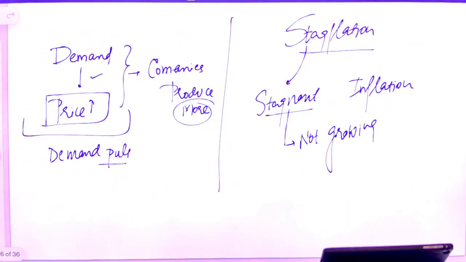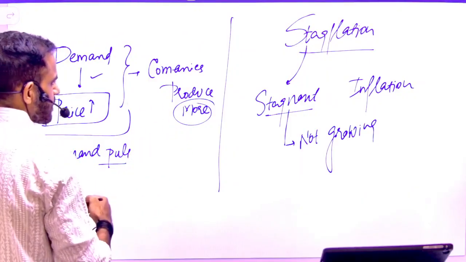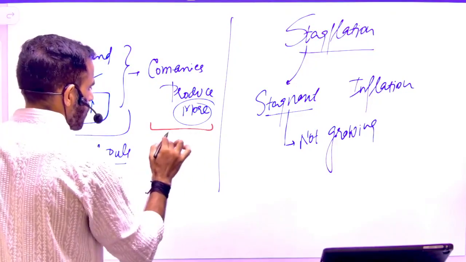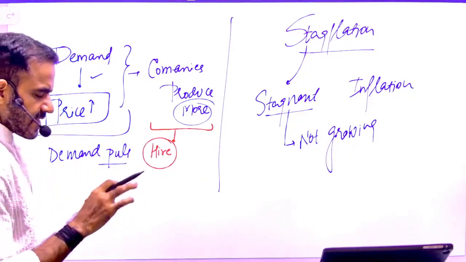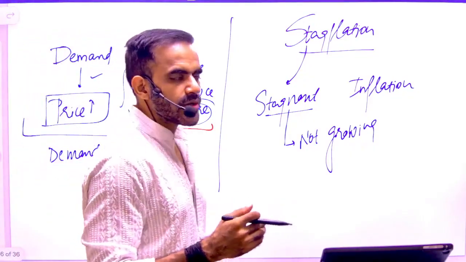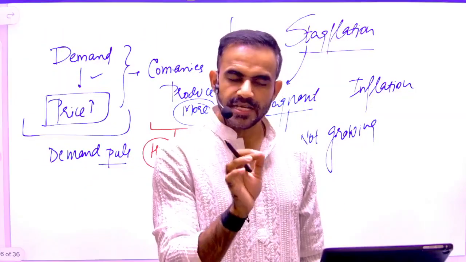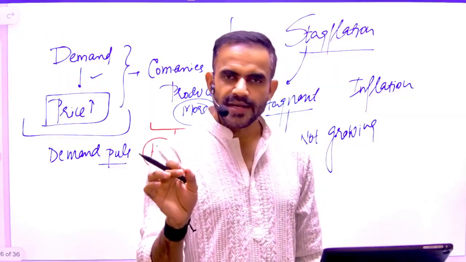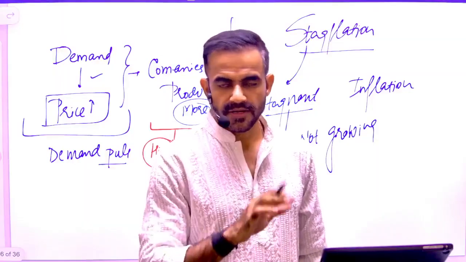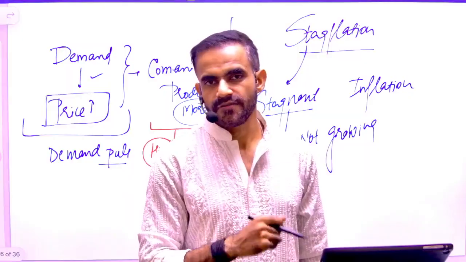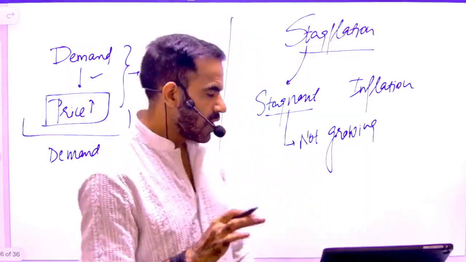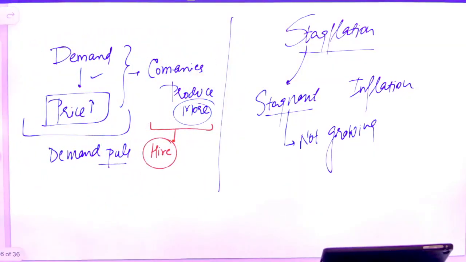When I am saying that there is a demand in the economy, and to fulfill that demand companies will produce more, technically they will hire more people. Let's say previously there was a biscuit factory that used to produce 50 packets, and for that they hired 25 employees. I'm oversimplifying it. If they need to produce 150 packets, they need to hire more people. So if there is more demand, companies will produce more, and for that they will have to hire more people.